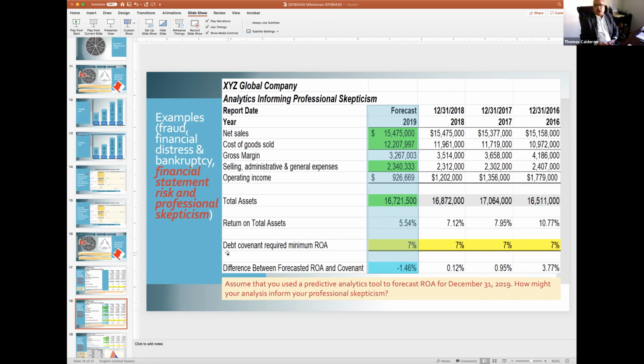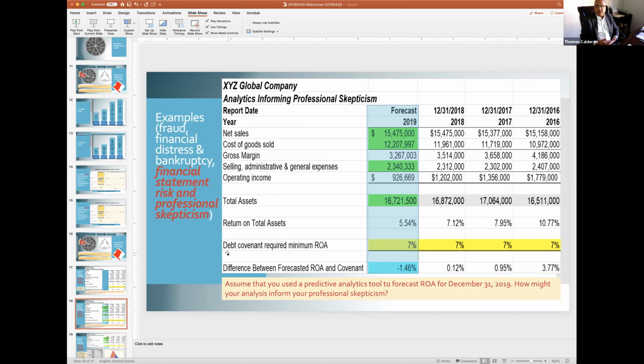So you could see that operating income would be $926,000 based on analytics. Total assets, $16.7 million. And then the return on total assets would be about 5.54%. Hence, the company would not satisfy its debt covenant. The difference between the forecasted ROA and the covenant is 1.46. So the question here is, as an auditor,